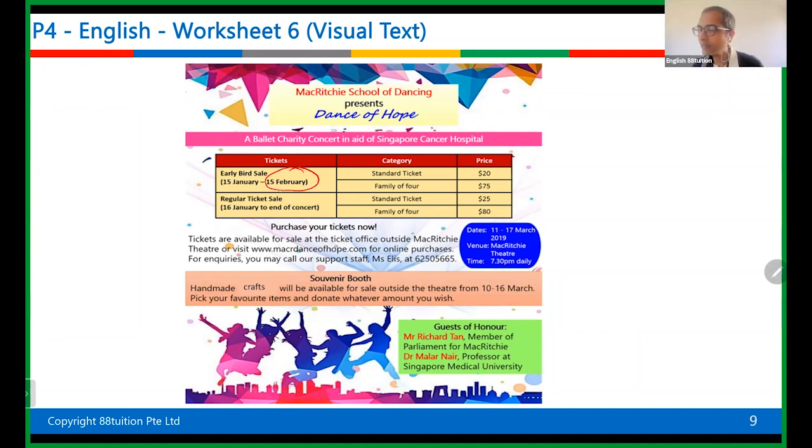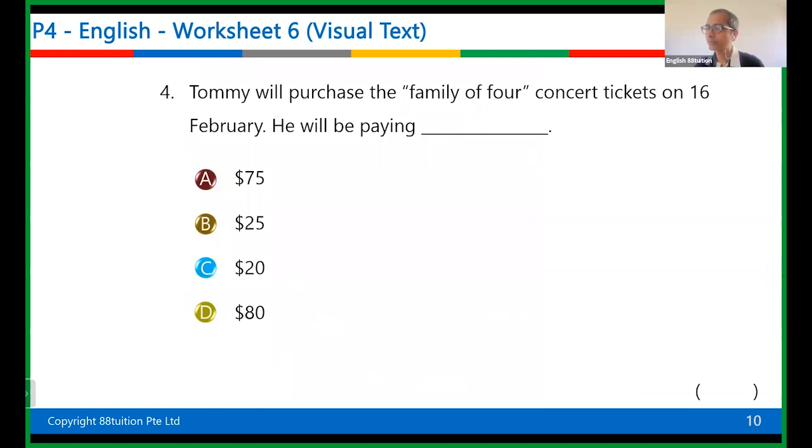It's already past the 15th, correct? Already past the 15th. So they have to pay $80. I think they already say about it. They say 16 February to end of